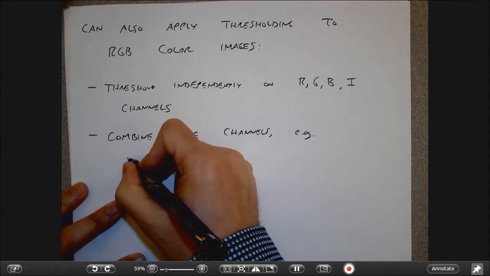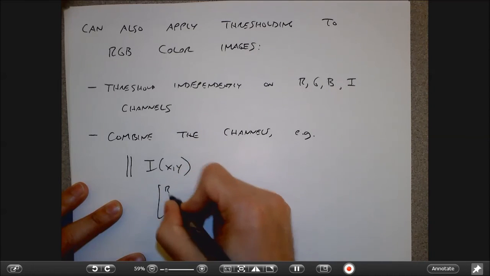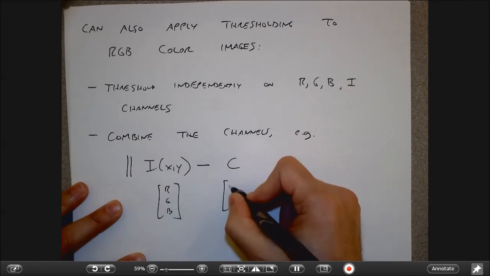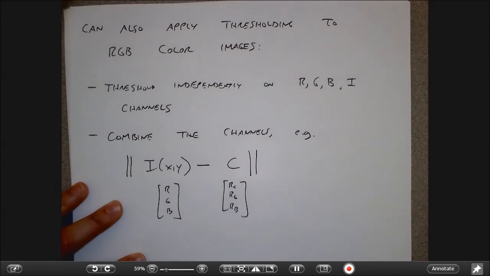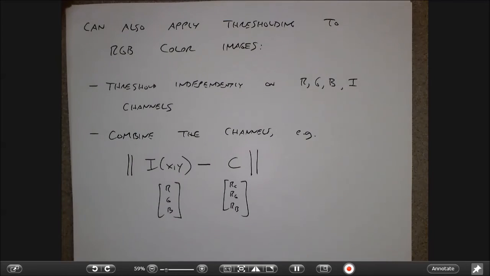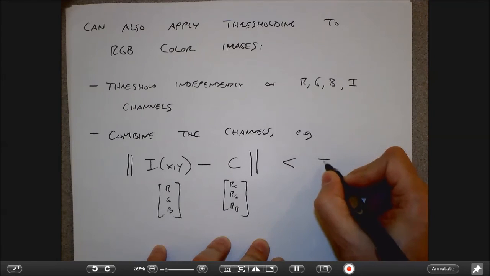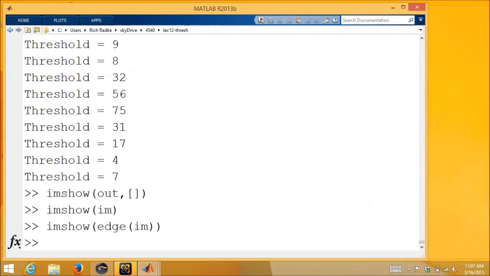For example, I could compute the norm, right, between this vector, which is an RGB pixel now, and some color, right? I could compute, for example, the sum of squared distances of these 2 vectors, and then I could say, I want that to be less than some value, right? That would be like saying, okay, I want you to be within 10 pixels of this color, okay? So I made a little bit of Matlab function to do that, which is really simple, and called it